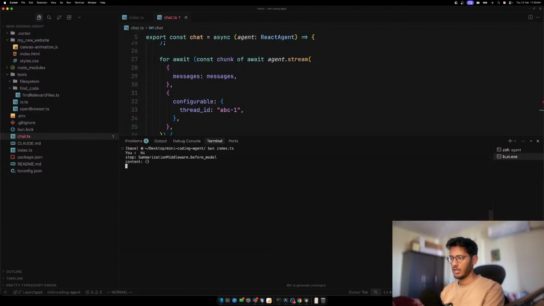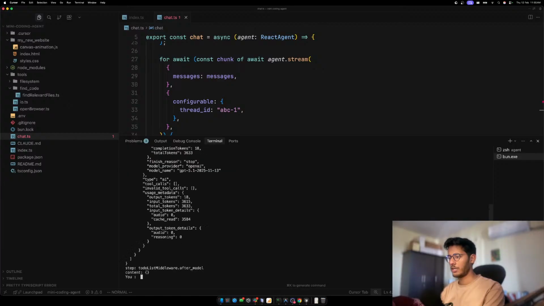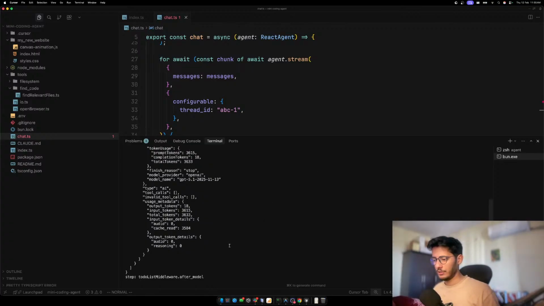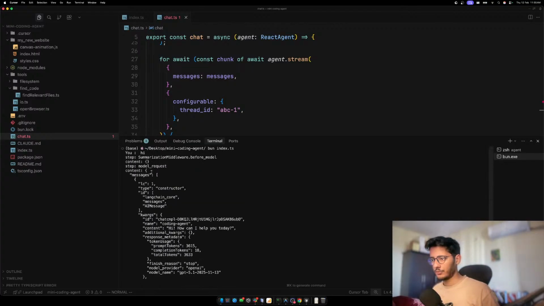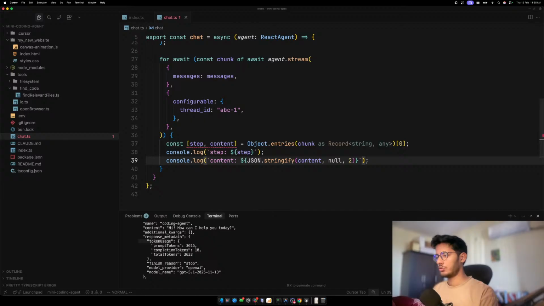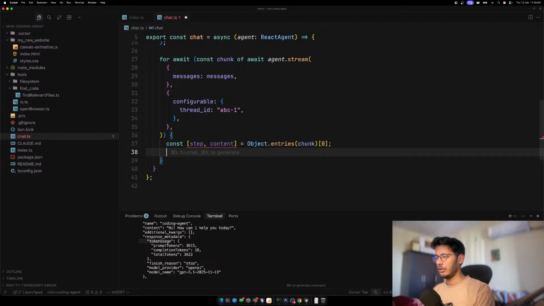Say hi. So step is summarize model. Okay, interesting. So it depends on the step what the content will be, right? The step is model request, the content is message. Okay, so it depends on what kind of step it is. Oh, okay. So we can say if the step is equal to